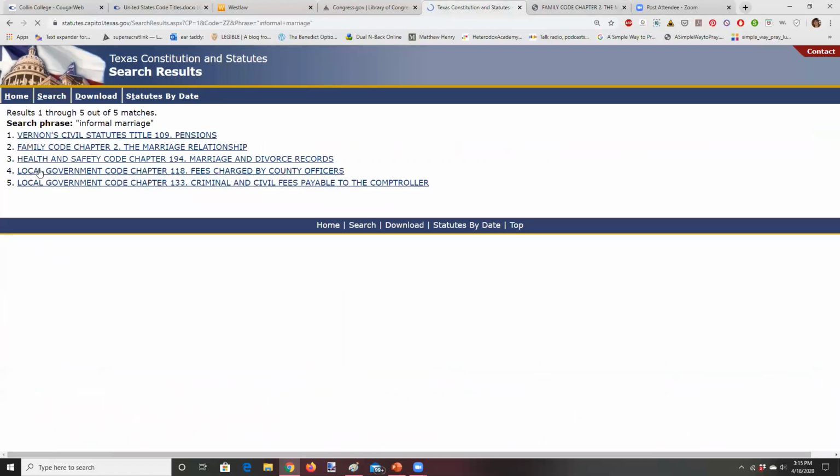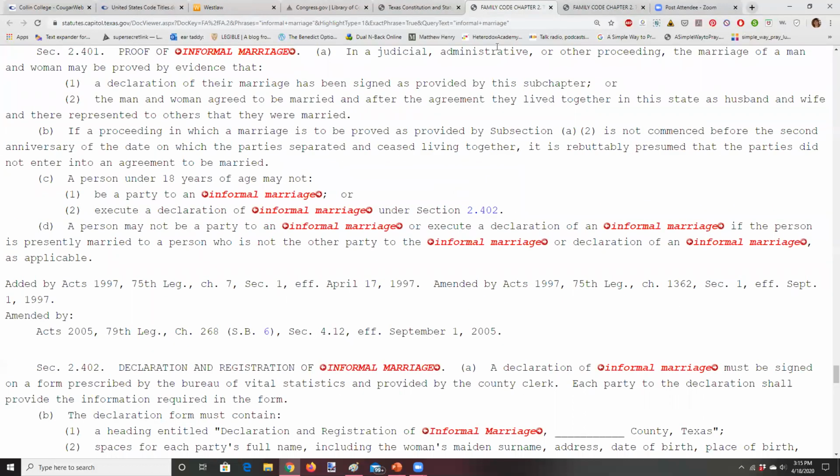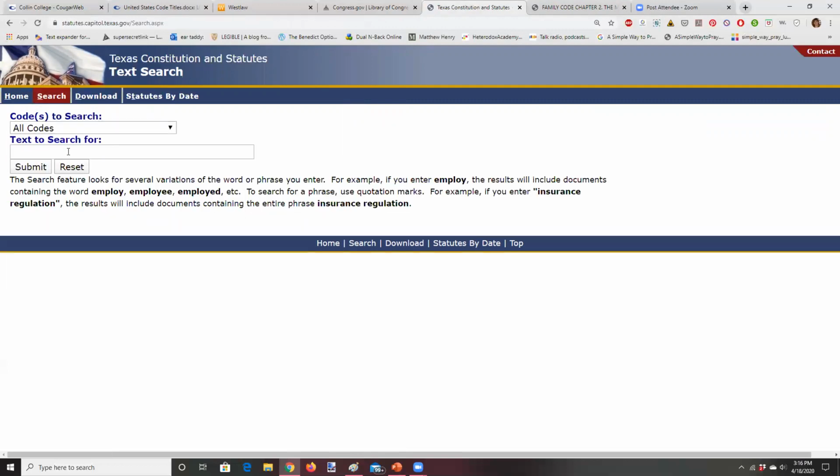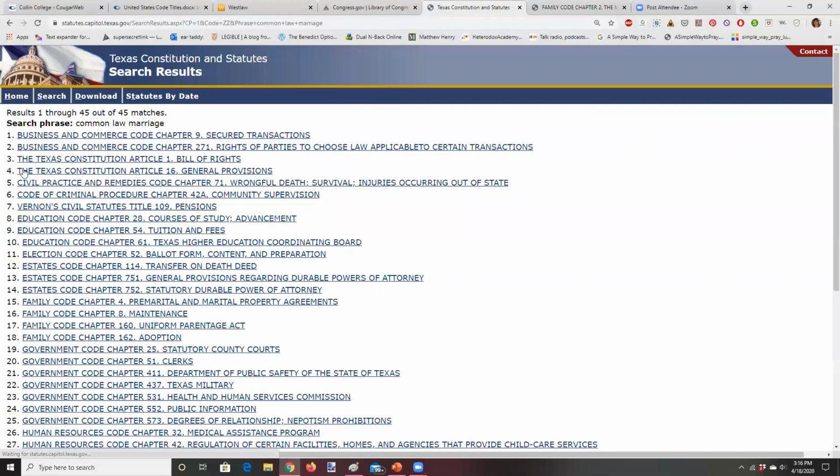So, you can see that it's going to take me right here to informal marriage. It also might show some other places to go. But probably most of us in everyday conversation call it common law marriage. And if I were to type that in, I'm going to get lots of stuff, and I'm probably not even going to get,